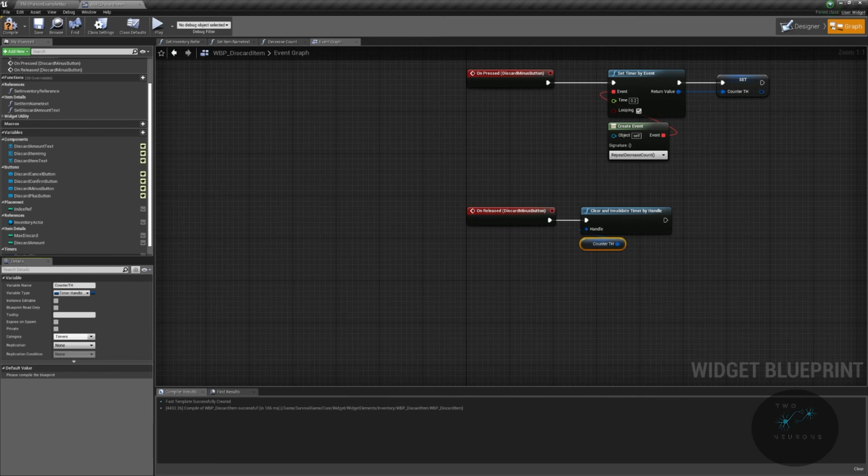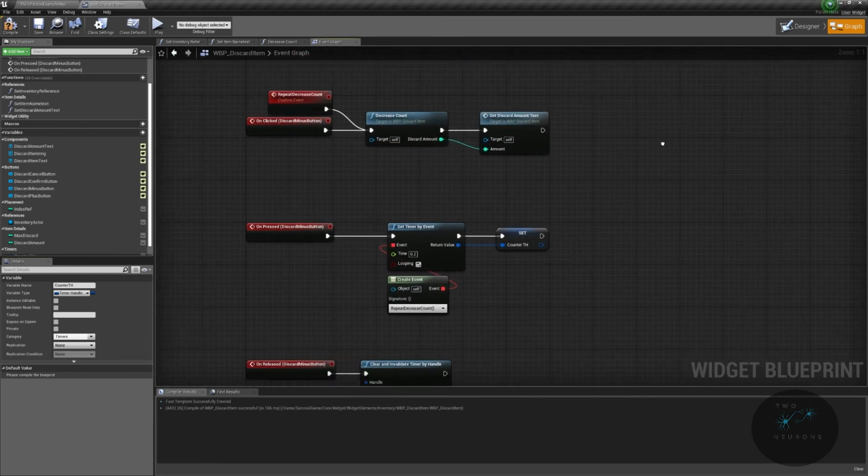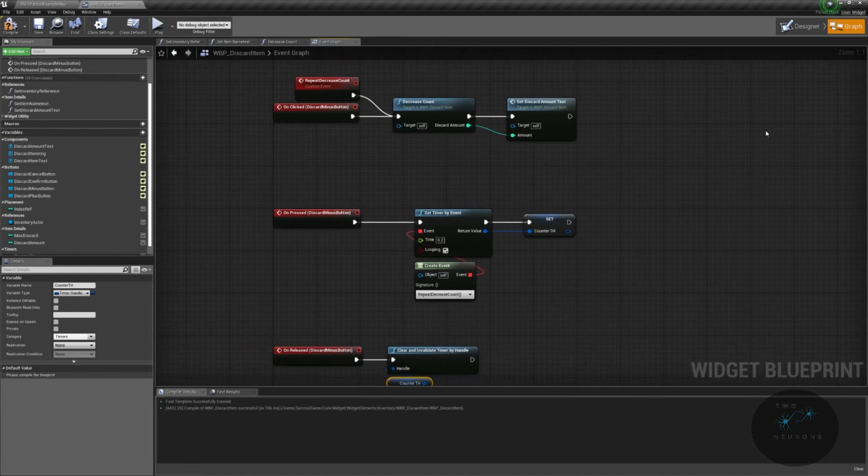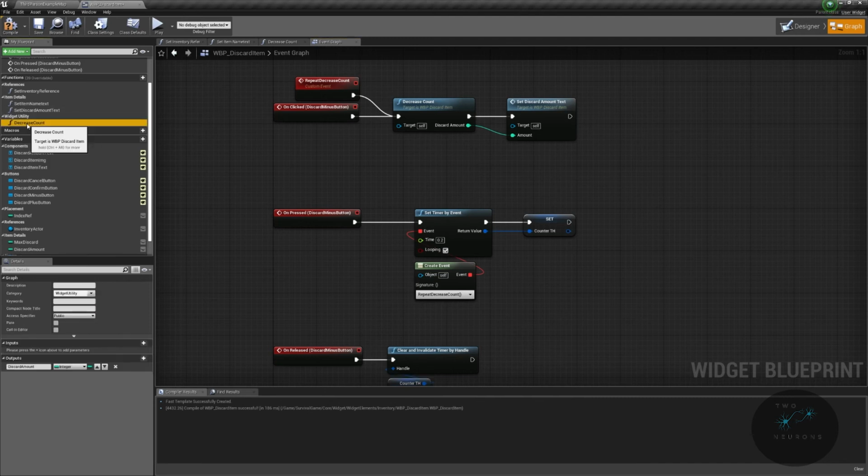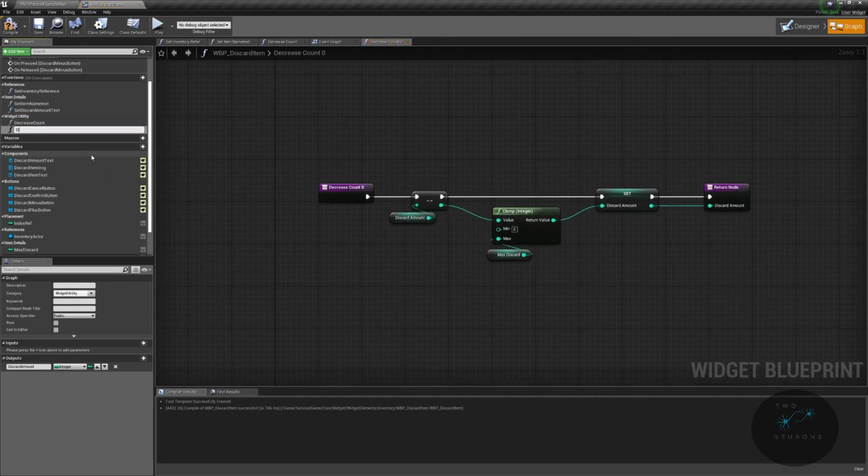Now we're going to repeat the process one more time for our increase. This one is going to be a bit easier to do because all we have to do is duplicate our decrease amount there and create a new custom event that a timer will set up. So I'm going to open my widget utility, right click, not hit rename like I just did, and do duplicate. And this will be our increase